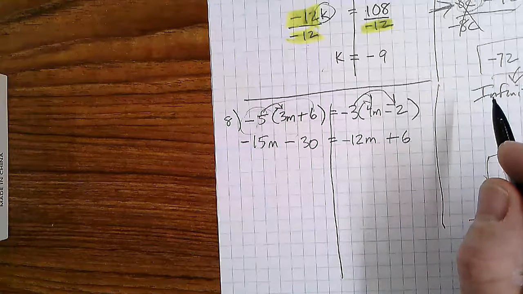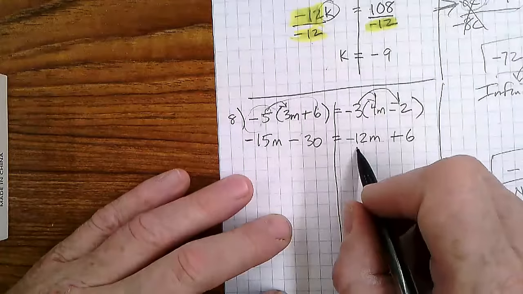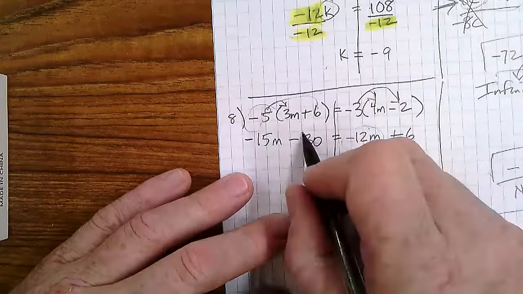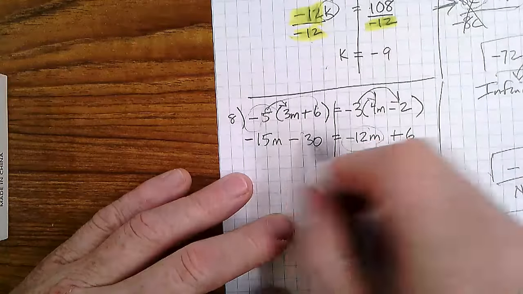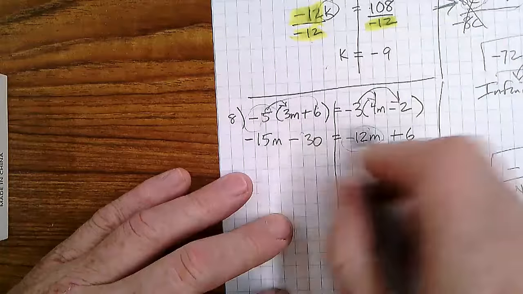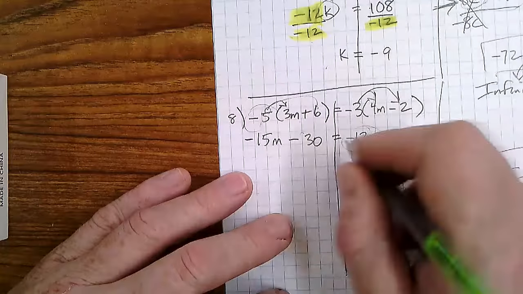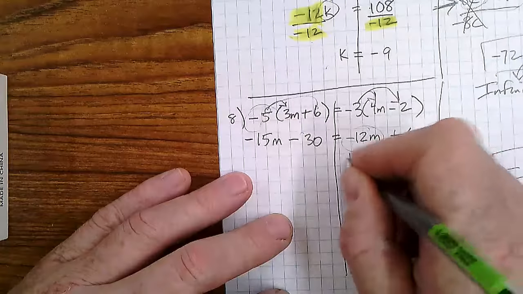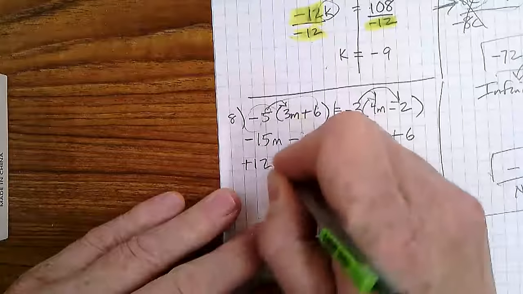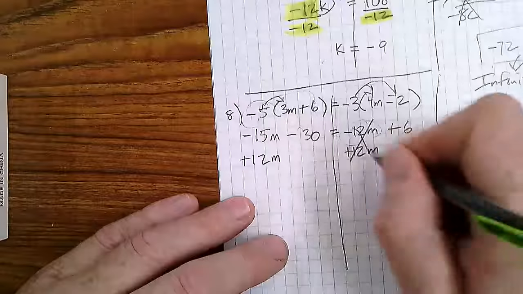And so now what I'm going to do is I'm going to just stick with variables on the left, numbers on the right. So if I have a -12 here, I want to do the opposite. And another way to think about it is whenever anything goes across the equal sign, on the other side of the fence, its sign changes. So we've got a -12. If we move it over to the other side, that means its sign changes, right? I'm adding it to both sides. That way it cancels out over here,